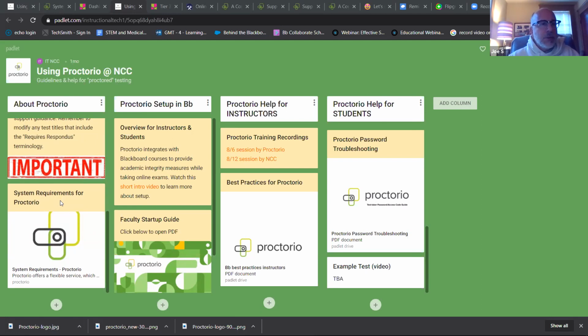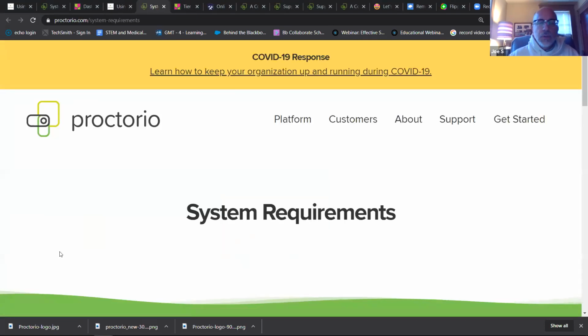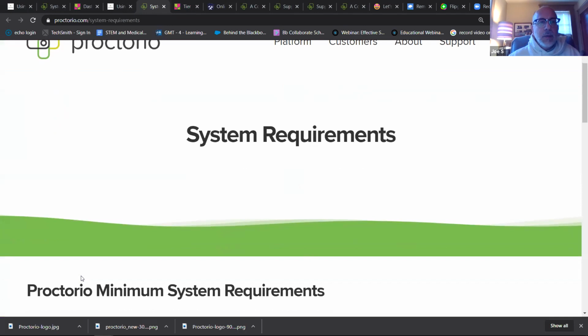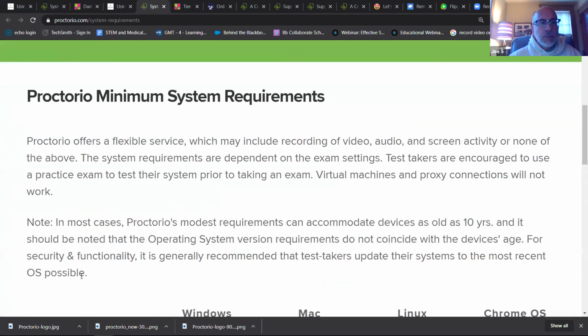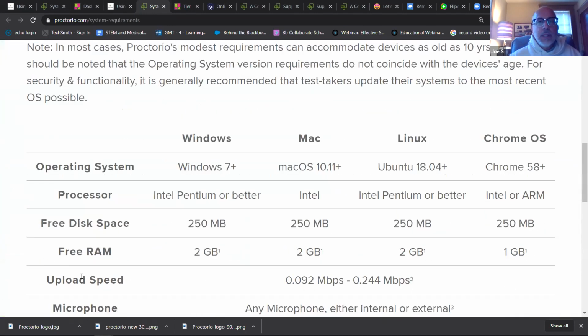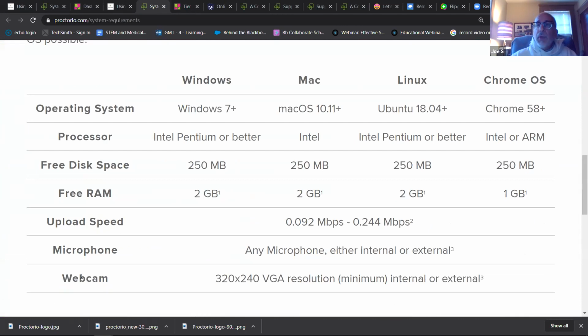So let's jump right into what are some of the requirements for Proctorio? And here's a nice little document. Actually, it takes you to a website. So Proctorio has their own variety of web pages out there. And if we can look at the system requirements, we can read, but we're not going to get too much into that. The one thing that is really good about Proctorio compared to Respondus is that last column, it's working with Chromebooks.